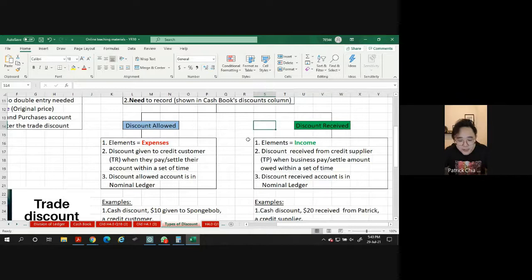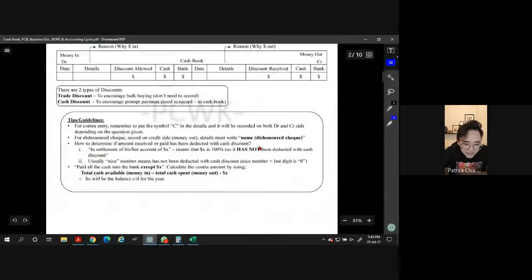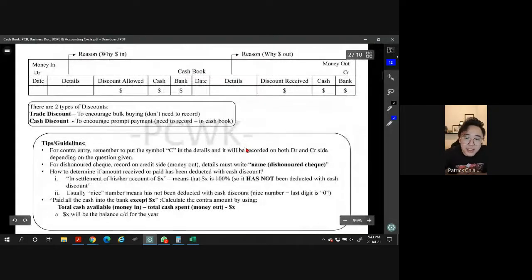Now what I'm going to do here is I'm going to teach you guys some tricks, which are the tips. How do we identify? I think the problem in our cash book question in the IG is, how do you know whether it is discounted or hasn't been discounted? So that is the main problem. So we have to go through the tips here. Okay, the format of the cash book, I think no problem. We are going to do 3 columns. So discount allowed is on the left side, discount received will be on the right hand side. Okay. Any questions, please ask. If not, then I'll just go on.